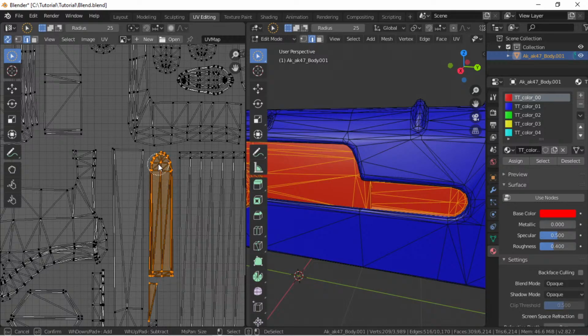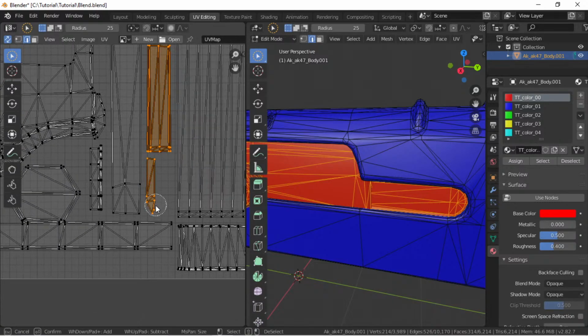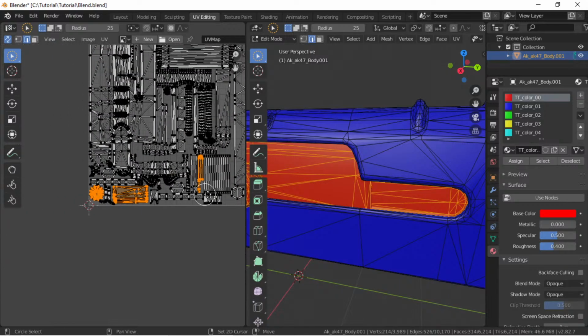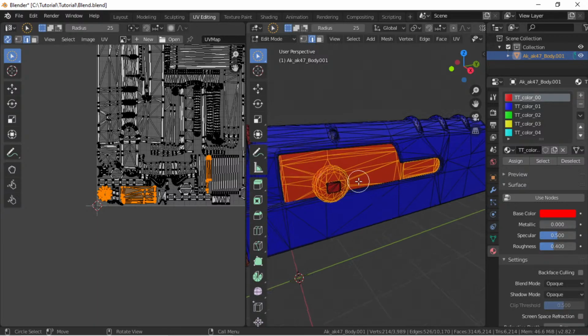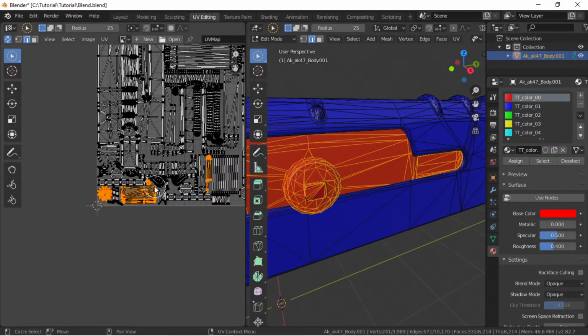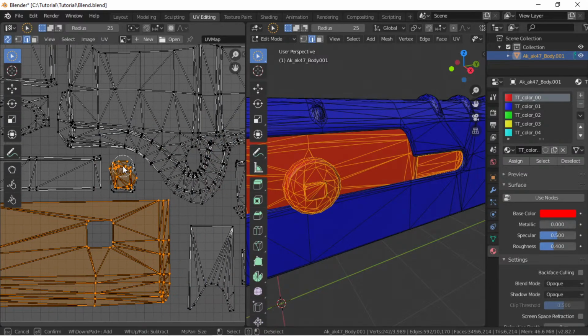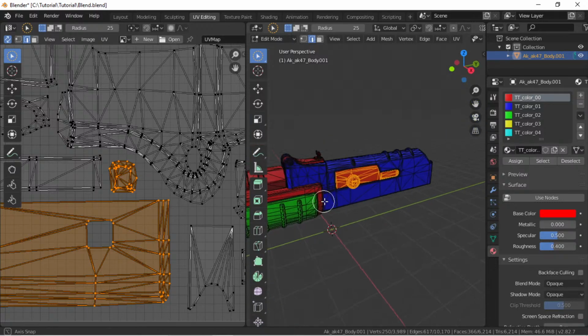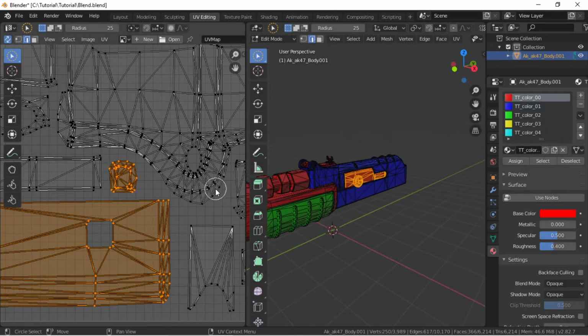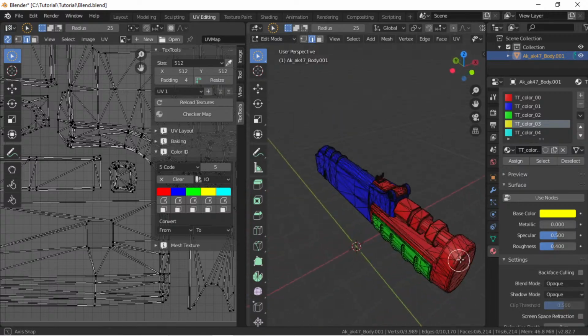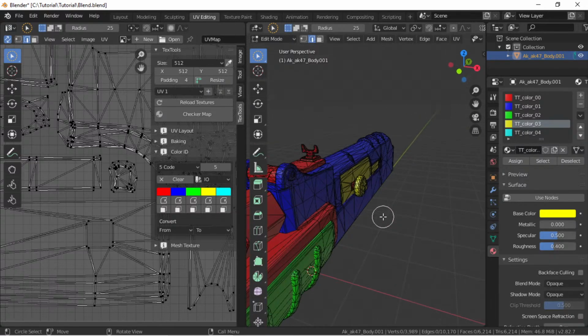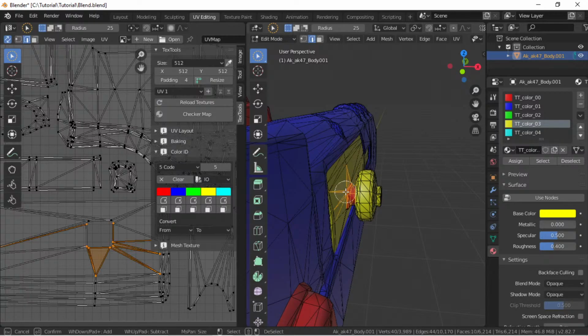So we have green, red, blue. Alright, we have our slider and our handpiece. And we need the nub. Again, we can change this later down the road. I'm going to hit N right here. So we have green, red, blue, yellow. And we don't have this part, which